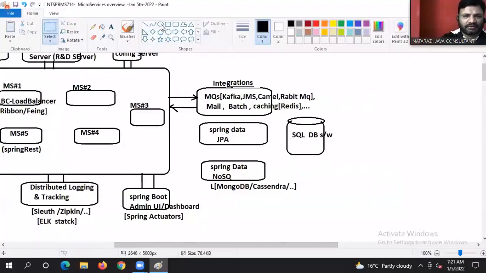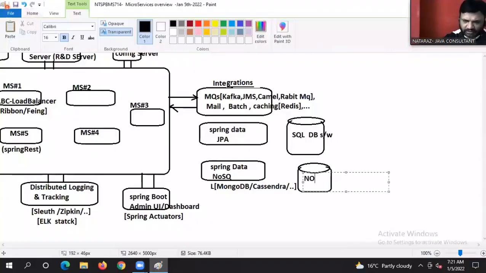NoSQL database software, guys. So here is our NoSQL database software.